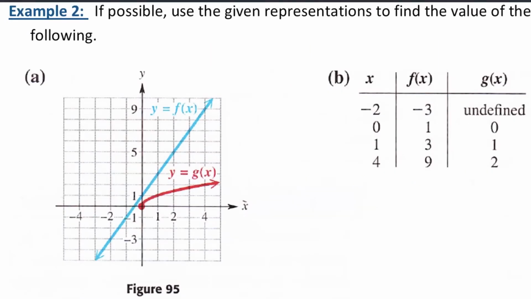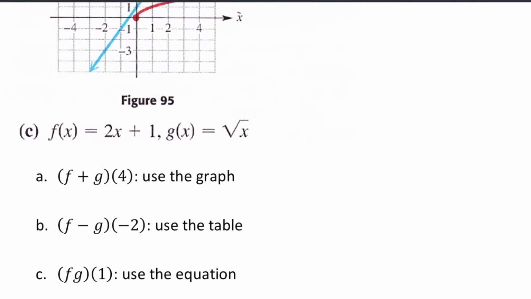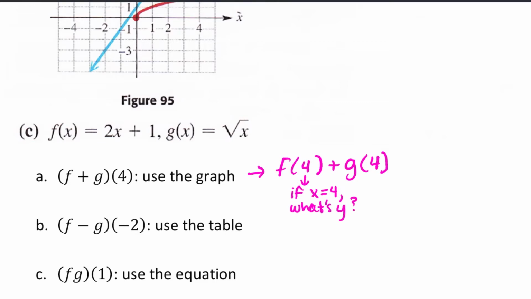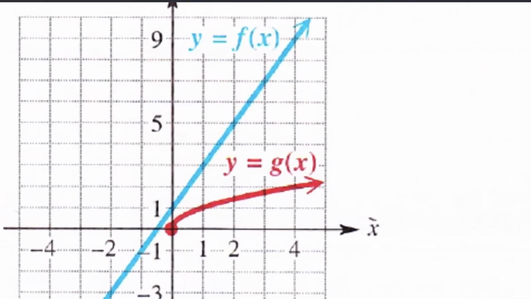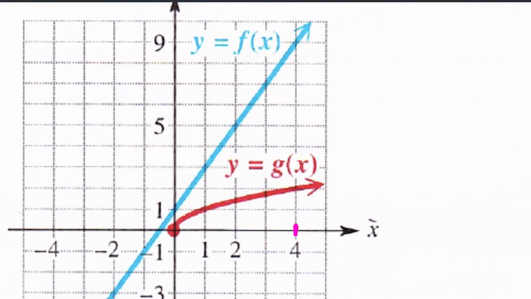So you don't just have to have equations that you use to evaluate different combinations and operations on functions. We're going to use a graph here to find f plus g of 4. So I want f of 4 plus g of 4, which basically if you're looking at a graph, f of 4 says, hey, if my x value is 4 for my input, what's my output or my y value going to be? So using this graph to find f of 4 and g of 4,